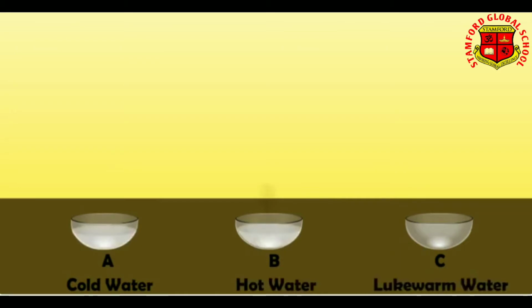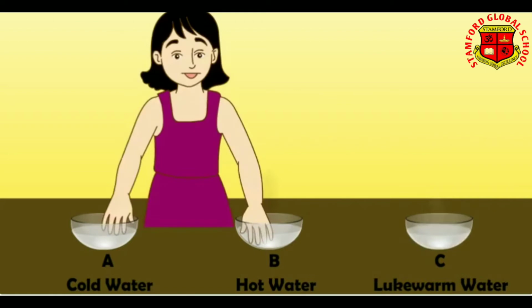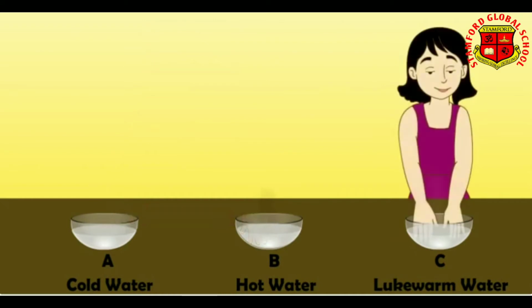Hot and cold. Take 3 bowls A, B and C. Put cold water in bowl A, hot water in bowl B and lukewarm water in bowl C. 1. We dip our right hand in cold water in bowl A and left hand in hot water in bowl B. Keep the hands in this way for about 2 or 3 minutes. 2. Now take out the hands from bowls A and B and dip both the hands quickly in lukewarm water